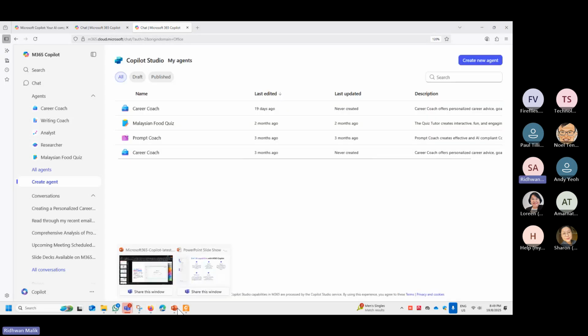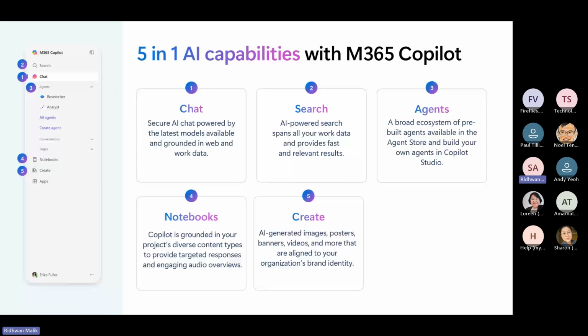The website used, right? So what are they, right? 365 Copilot, they have streamlined, they try to make the main page a search page, right? Rather than you going to the Copilot, another link, when you just log into your 365 account, automatically you will see this page, right? So you can see at the left bar just now, okay, you can see I have chat, I have a search, right? When I use search, it's like a normal search like when you use Bing or Google, right? I have agents, the one that I just